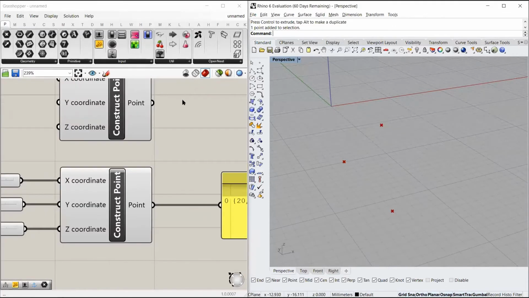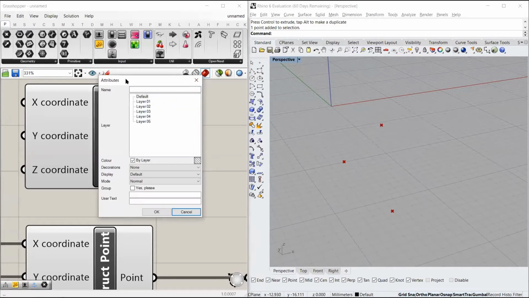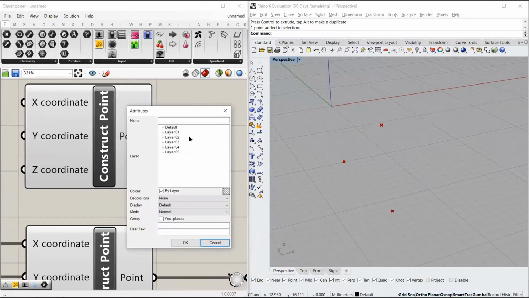We go to the output side of this component, right click it, and there's an option for Bake. If I select it, a toolbox appears in which all the layers that are set in Rhino are visible. Suppose I want to bake it in layer 5, so I select layer 5 and I select OK.